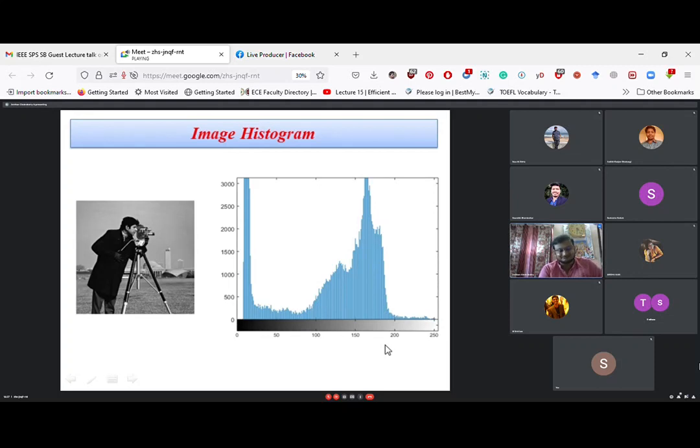What is the necessity? You can easily see here the shirt of this man is black, so very low intensity, that is darker. The shirt is large, so the pixels with darker intensity will be more, which is represented by this 0 to 30 intensity. The pixel count is more than 3000. And also there are several white things, this water. So from 150 to 200 also there are more pixels.